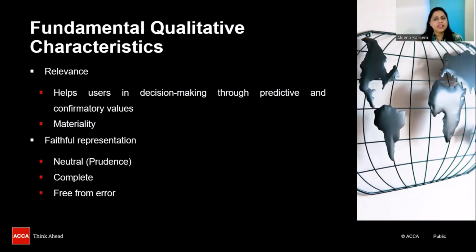Only if the information is neutral, which means that the information is free of any kind of bias. It is free of any kind of error, and it is complete also. So no transaction has been missed out in it, right? So touching upon these topics one by one, when we talk about free of bias, a very good example of